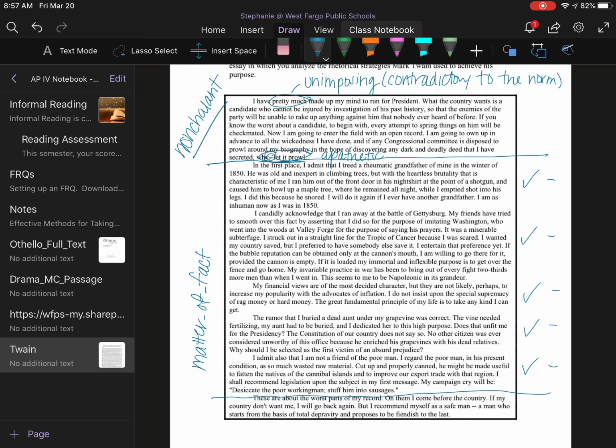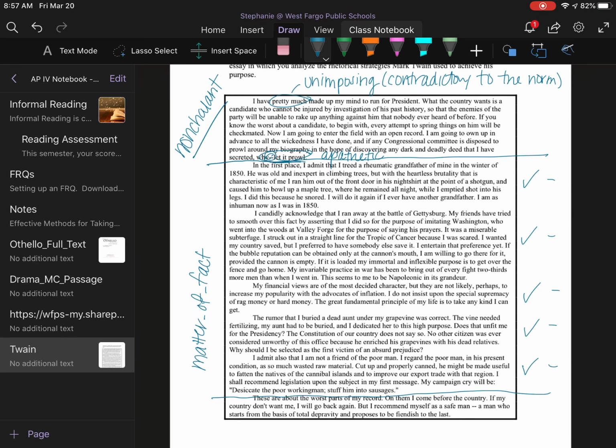Matter-of-fact tone is often used with satirical passages because the point is to sound really frank and blunt as they're going through things that are actually horrific and actually awful, right? But if they use that matter-of-fact, straight-to-the-point tone, that allows us to see the humor in that contradiction of being so matter-of-fact about really horrible things. So in that case, for this one, there are the details that we would pick to talk about that contrast, because